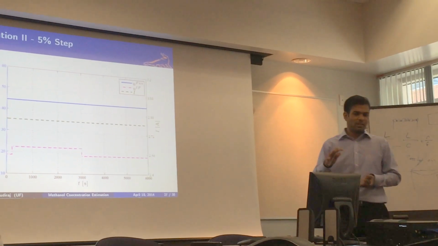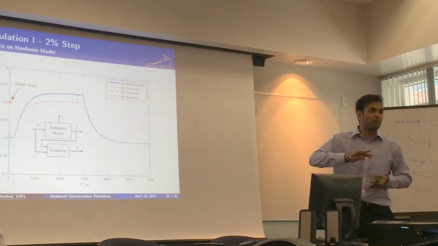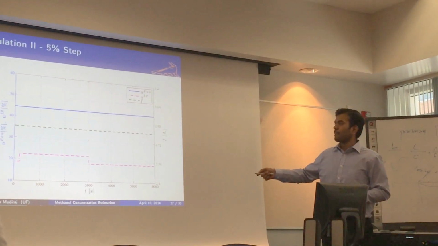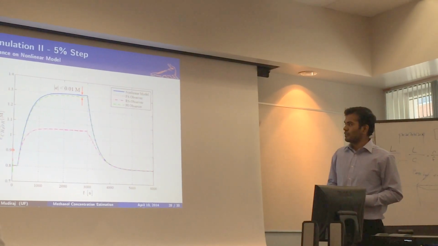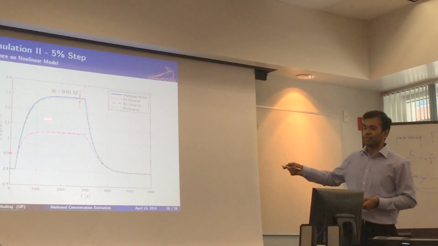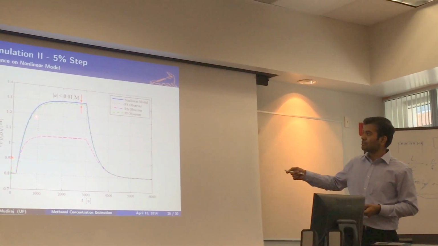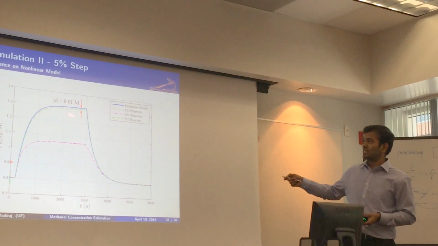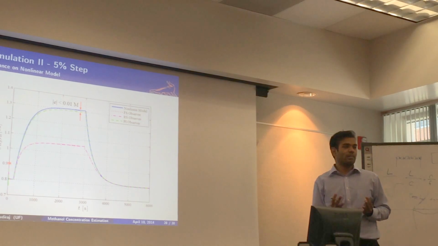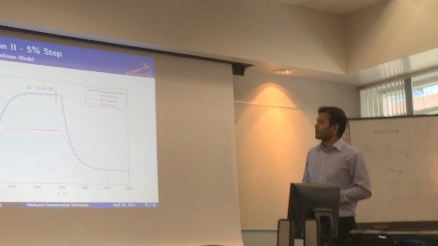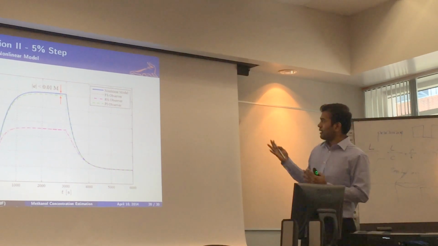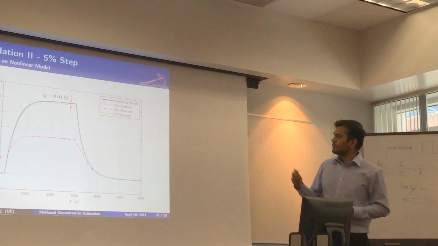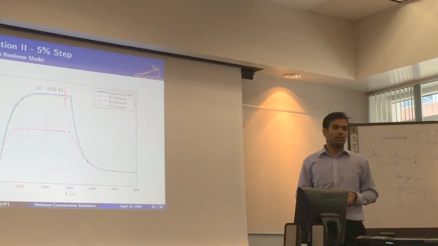Now, let me test this theory further by pushing the system further away from my linear regime. That is, I give a bigger step this time, and see whether my theory still works. Again, we have a poor estimate from the full state and the reduced state observers, but my PI observer still works better with a maximum error of 0.01 molar. Now, this is a 10-fold improvement over my actual hardware sensor, which was very expensive. So with this, I can say that my PI observer is robust to model mismatches, and it can produce a good estimate, and hence can be considered as a candidate for the soft sensor.